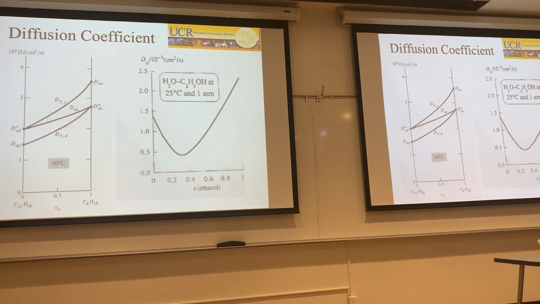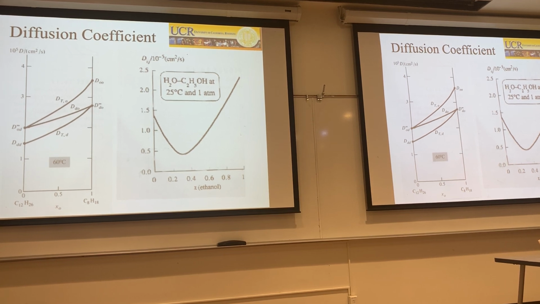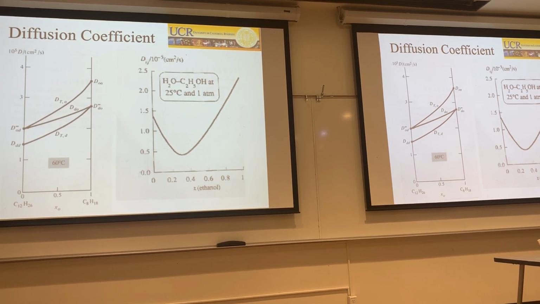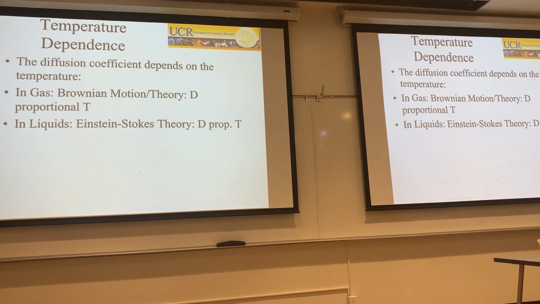So just by measuring diffusion constants, you can actually learn about how many water molecules interact on average with ethanol molecules. Where do we have this optimal size? Where do we have those optimal pairs formed? And we've learned something about the interaction, the hydrogen bonding between those two